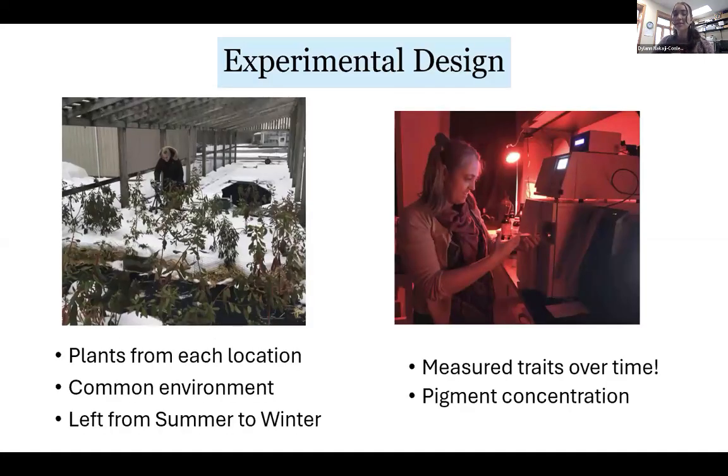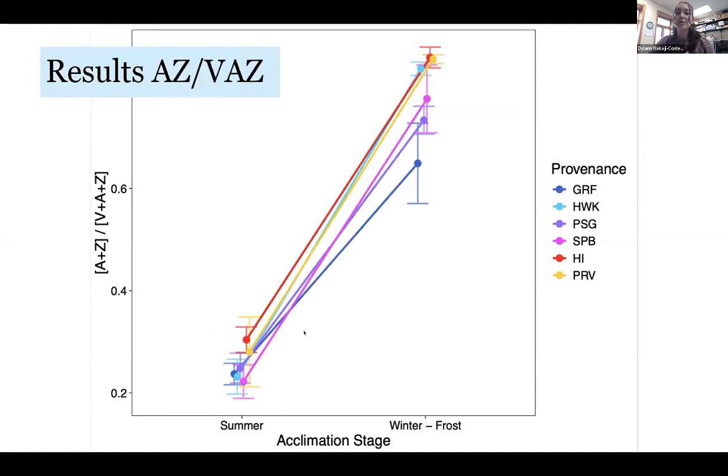So, as mentioned, we collected rhododendrons. They were grown in a common environment to ensure uniform conditions, and then left from summer to winter. And over that time period, different traits were measured over time, but particularly we were looking at pigment concentrations for this presentation. So as I mentioned, that cycle that happens, the AZ is kind of that photoprotective state in the